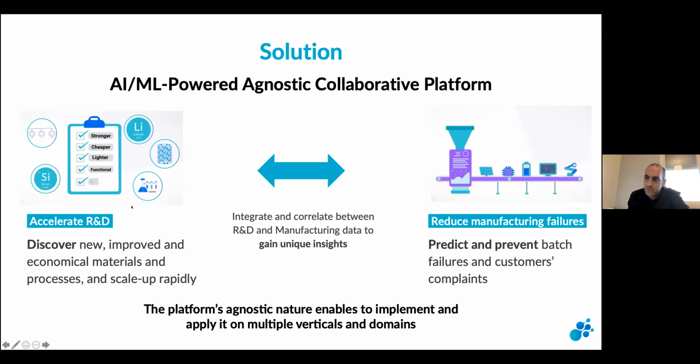The idea, of course, is to discover new, improved and economical materials, to improve processes and scale up rapidly to production. On the right side, once we establish a manufacturing line, some companies experience failures and client complaints, and many times it's related to the materials, and the idea is to go from R&D to manufacturing and back in the same environment, in the same language.